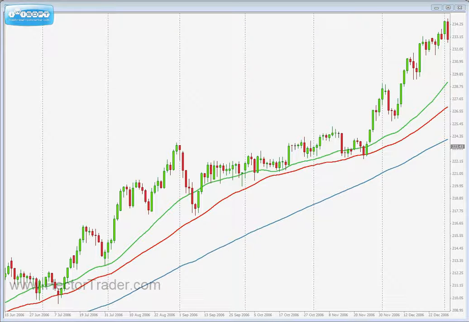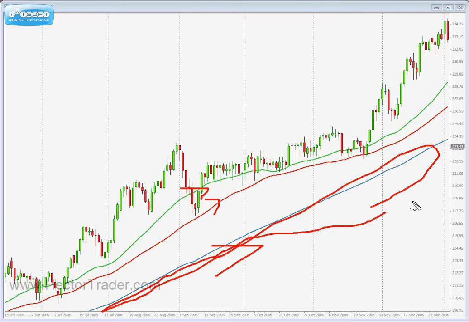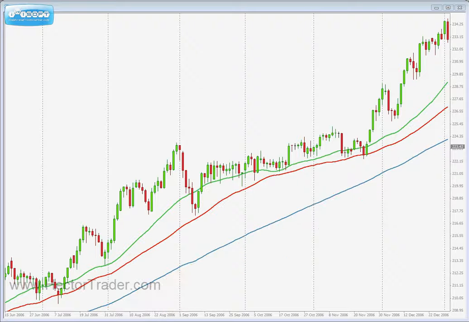Another uptrending chart, beautiful uptrend with those moving averages nicely parallel to each other, nicely pointing in the same direction, price steering clear of the 100 moving average, etc. In this case price indeed is holding. If we draw a solid band between the 30 and the 50, we can clearly see that price is holding that band, the dynamic area of support in this case. It's clearly holding price above, and if it does, it means that this